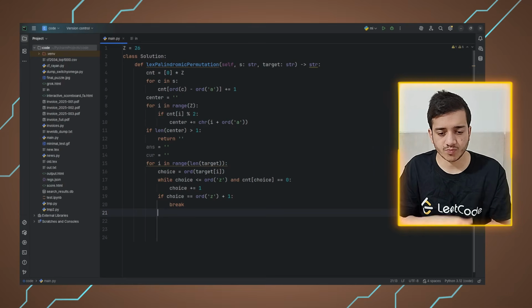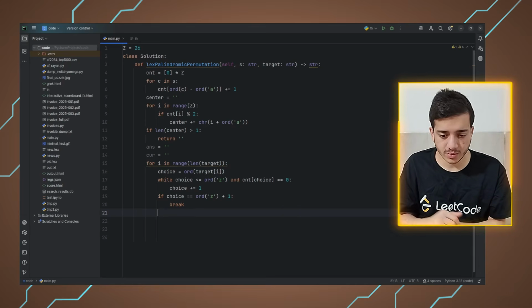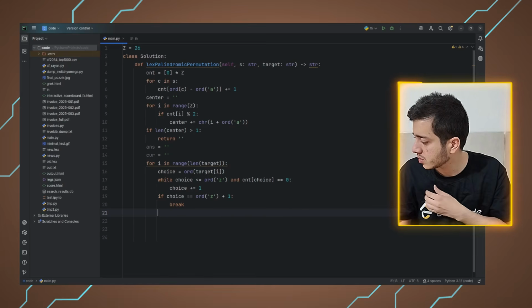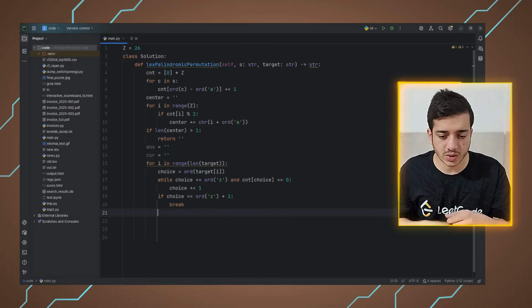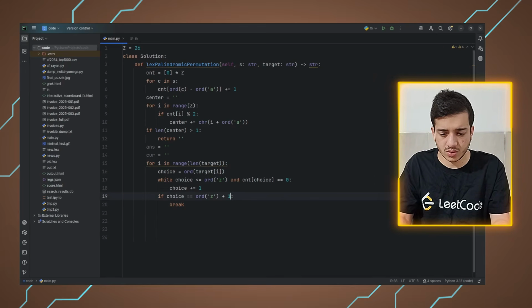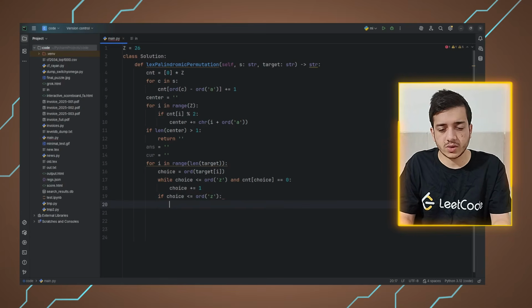Otherwise, we can make something which is like this. If there is a possible choice,